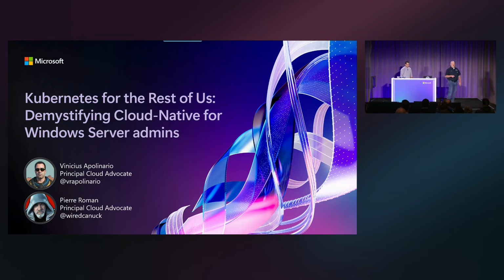Anyway, this session is kind of like a part 2 of last year's, where we did something very similar on how skills for an IT pro, a system admin that mostly runs in traditional data centers and traditional workloads, transfer very well to the new cloud native, the new frontier company.